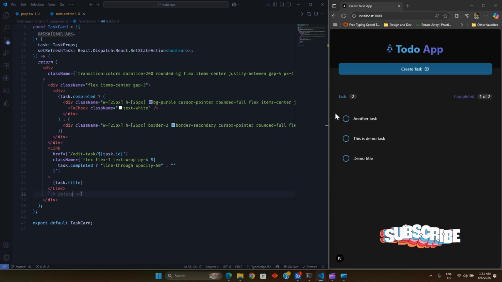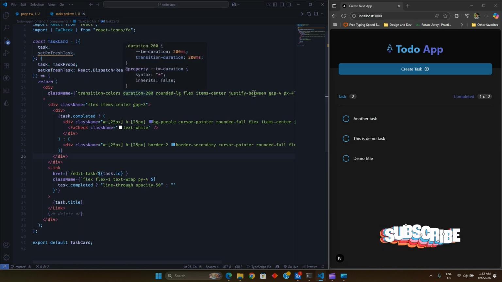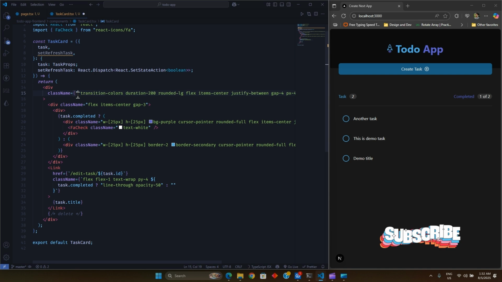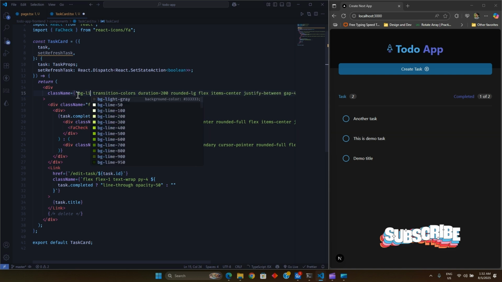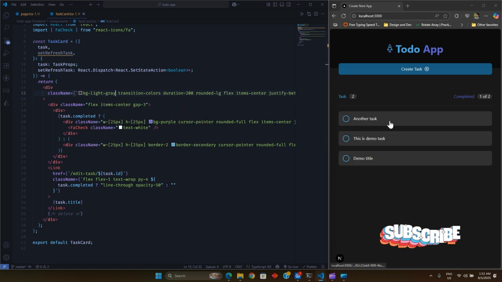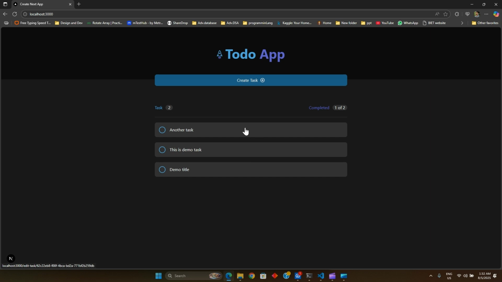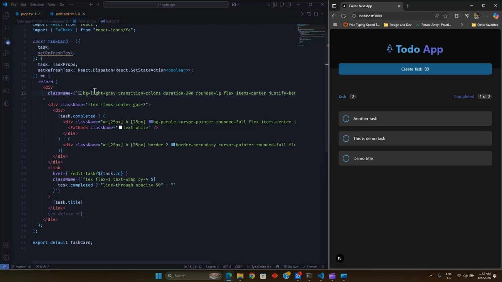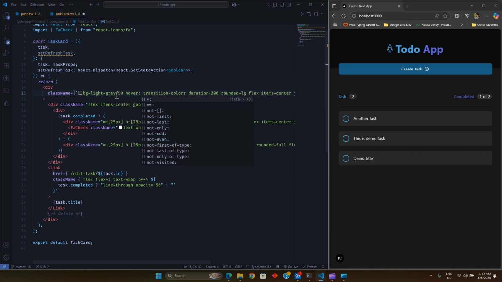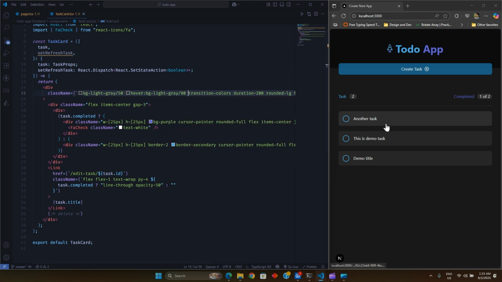And as we can see, we cannot see the background color of this card. For this, by default, we will add background color. Background color is light gray. So now we can see the card background color, and it looks nice. But when we add, let me add opacity of 50%, and when we hover on this, then bg light will be of some 80%. So when we hover, we can see the hover effect on this card,